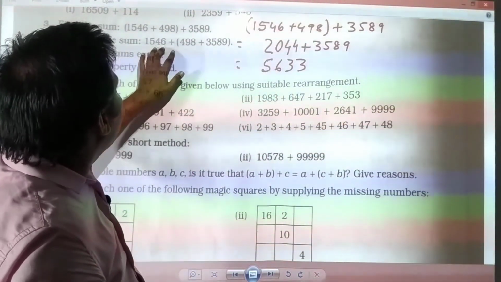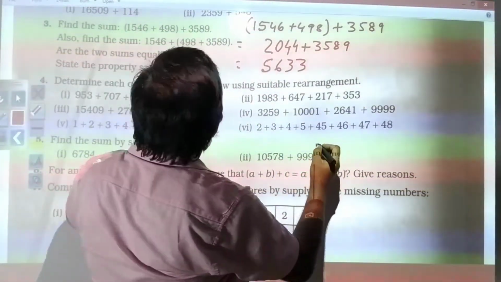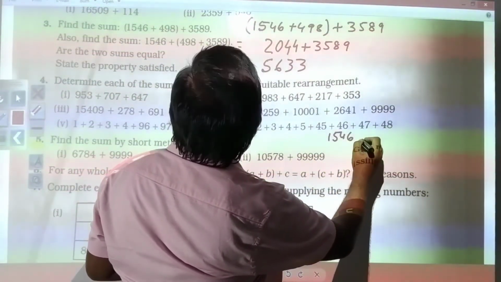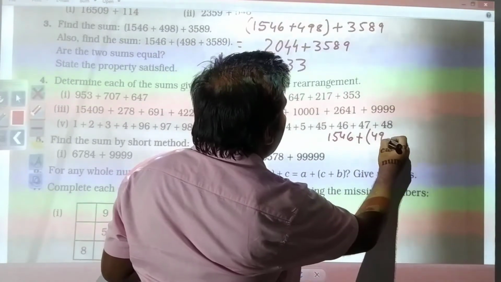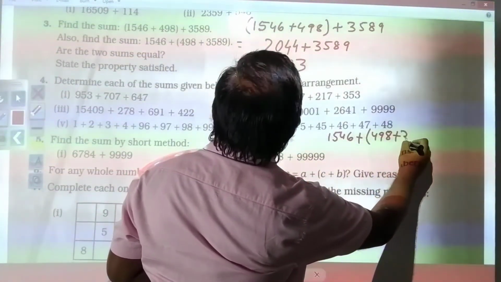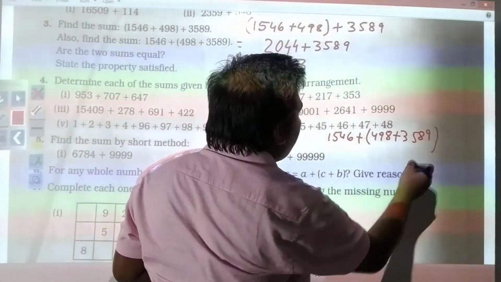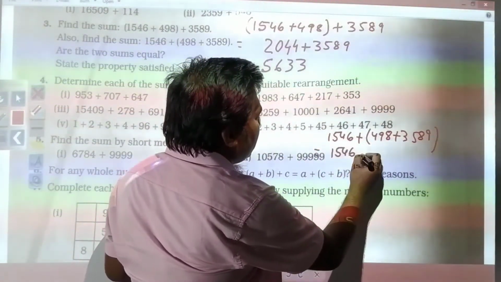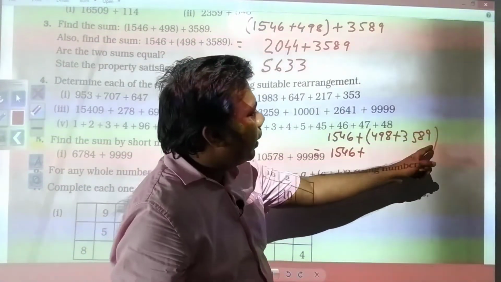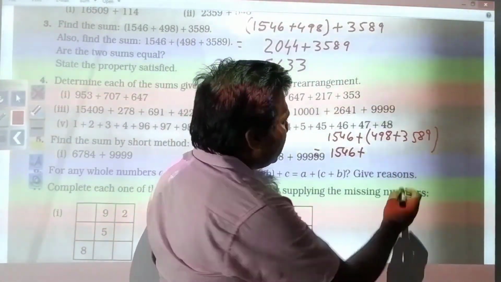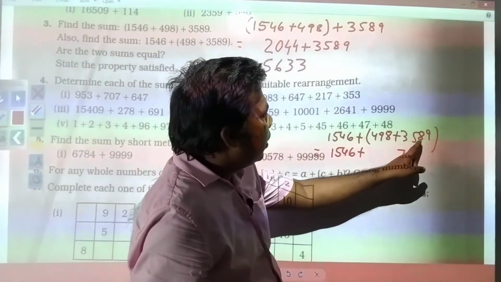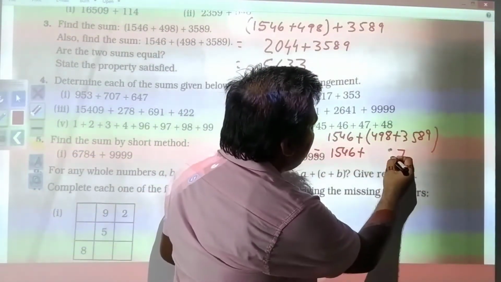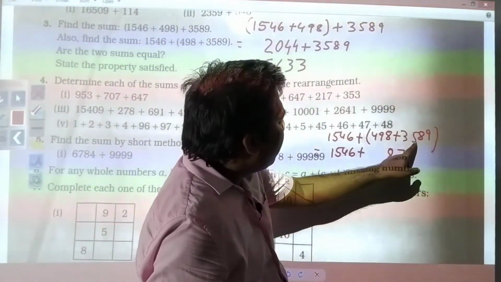Now here you see 1546 plus 498 plus 3589. Here you see 1546 plus, it is needed to be added, 9 and 8 17, 8 and 9 17 and 1 18, 5